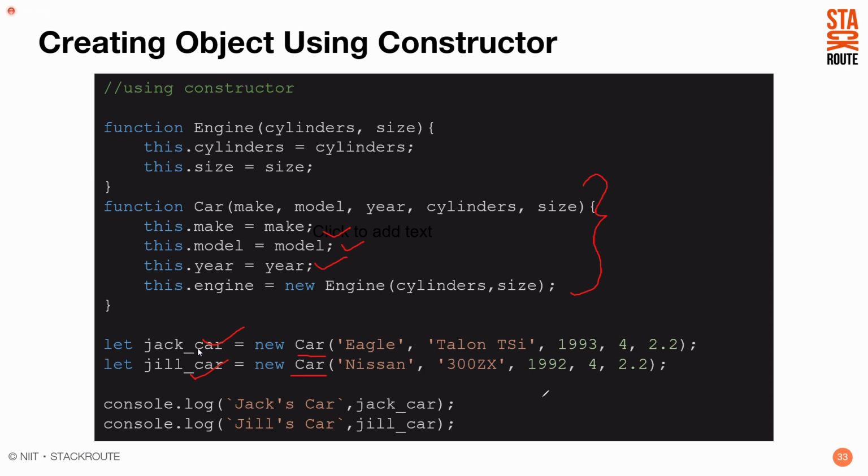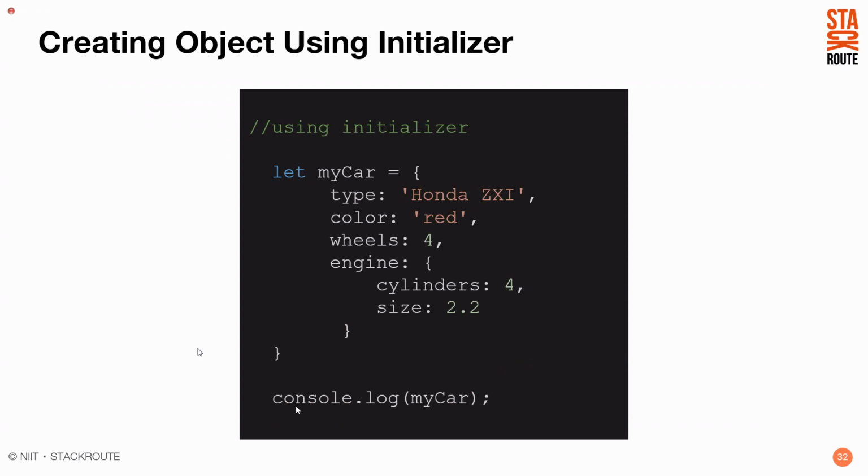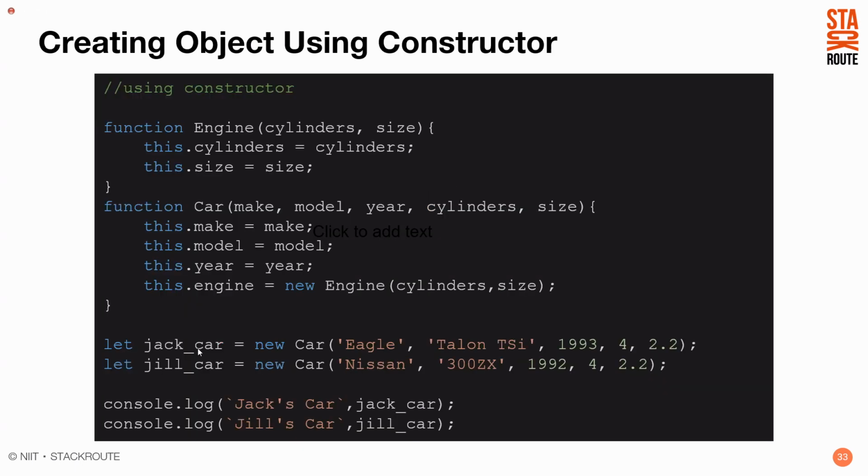So under that, the fourth will be an engine. Engine is holding cylinder and size. And these two values will be passed to an engine constructor where cylinders and size will be initialized. Okay. So I want all of you to take a snap of this slide, creating an object using initializer, creating